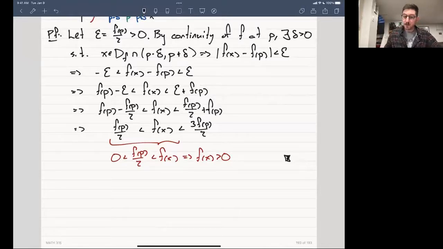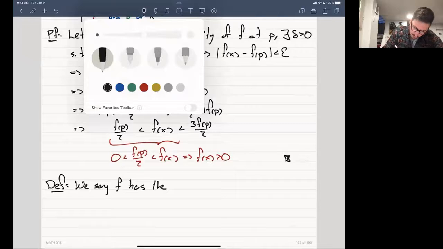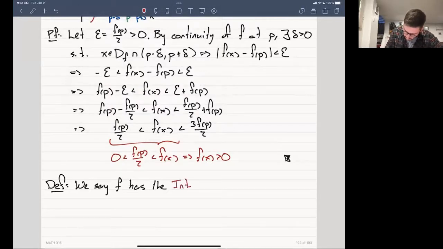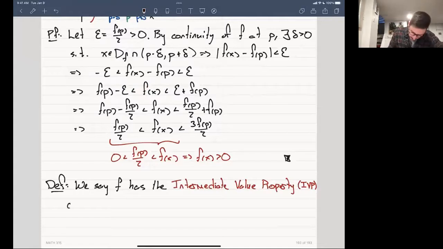Okay, I promised the intermediate value theorem today, so let me start with a definition. So how is it that we actually talk about the intermediate value theorem from an analytical perspective? Let's look at a definition here. Well, we say a function f has the intermediate value property, which I'm going to abbreviate to IVP because that is a lot for me to write every time, on an interval I, if and only